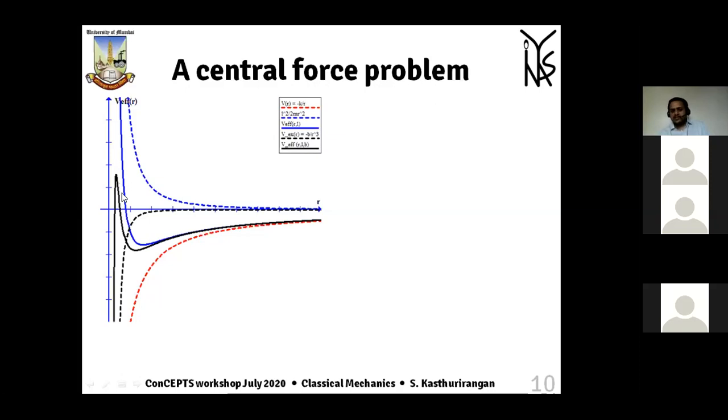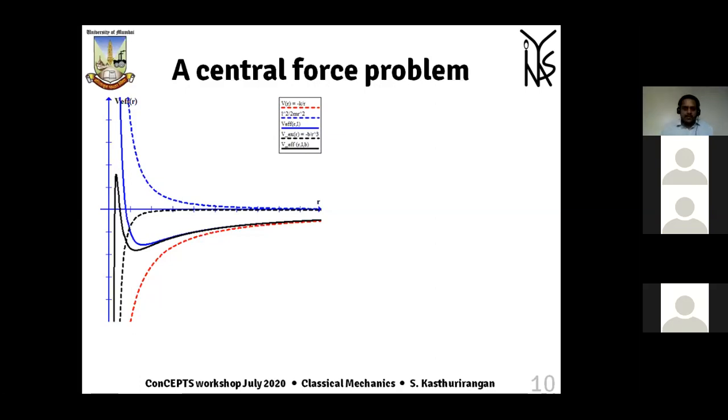R cube means as r grows smaller and smaller, this particular term grows bigger and bigger. And so at some stage, that particular term will take over from this centrifugal term, which is trying to take the potential up, and again pull it in the downward direction. So there is also a question about what is the effect of the 1 over r cube term on central force. At this point, I think you can reiterate that, I mean in physical terms?